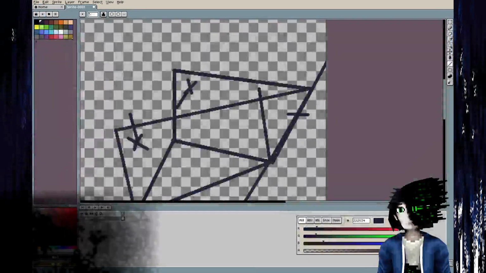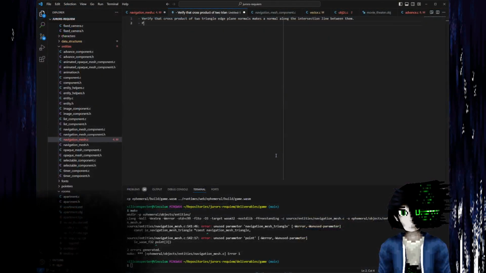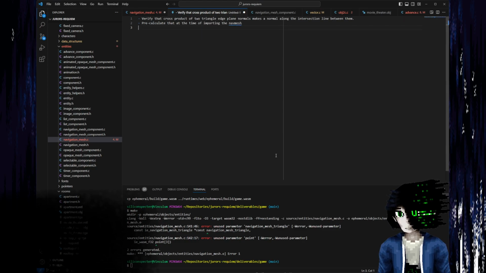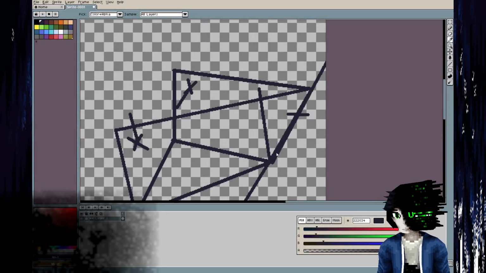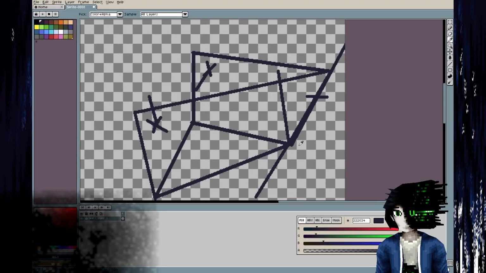And pre-calculate that at the time of importing the nav mesh, because we're probably going to be using that quite a lot in a few other contexts. And then